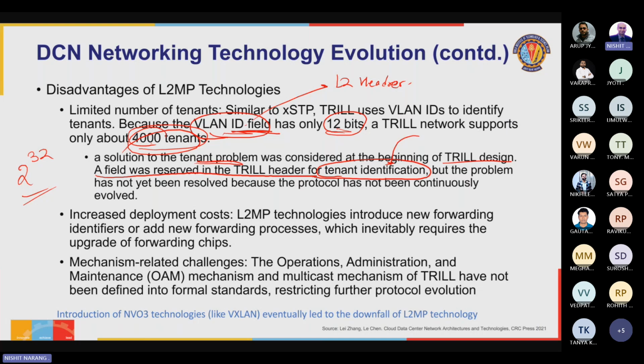So VLAN is a limitation. Trill does have a field that can be used, but it's not been designed, not been used till date. The deployment cost definitely increased with Trill